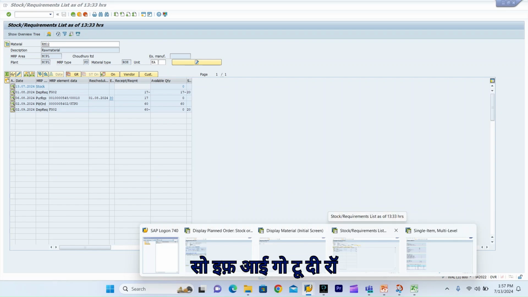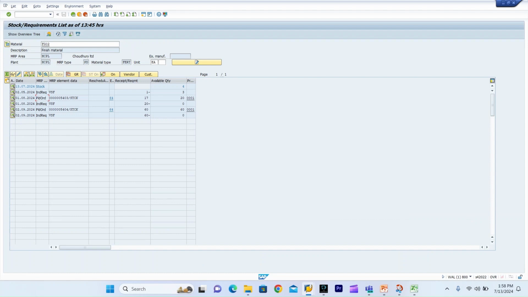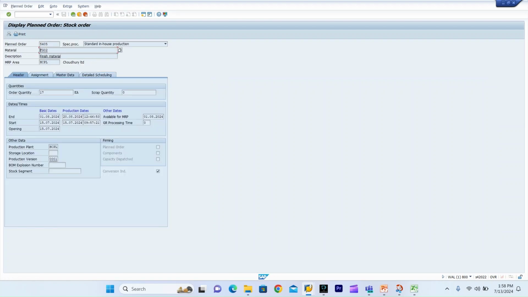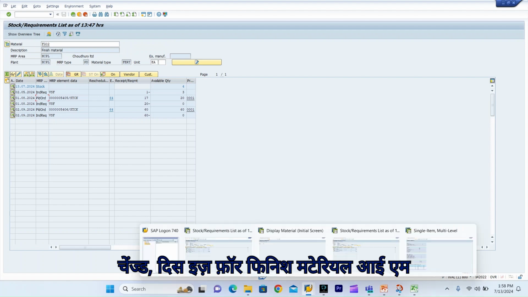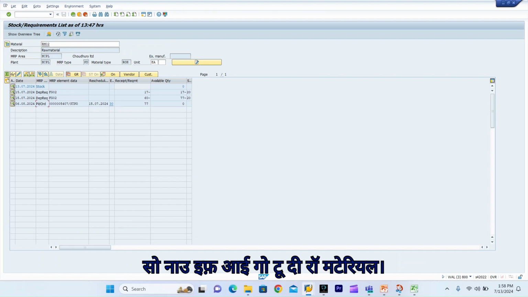Okay, so if I go to the raw material, see, the plan has changed. This is for the finished material I'm checking. Now if I go to the raw material,